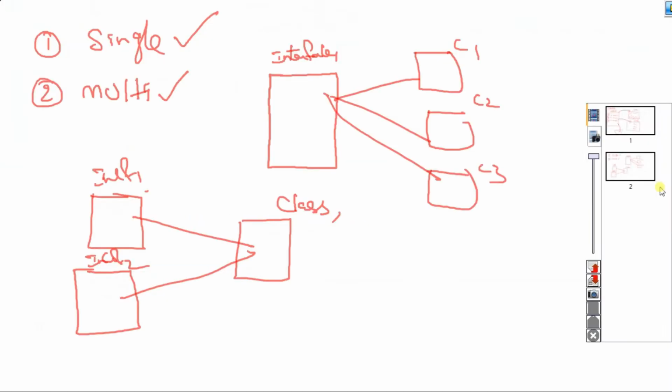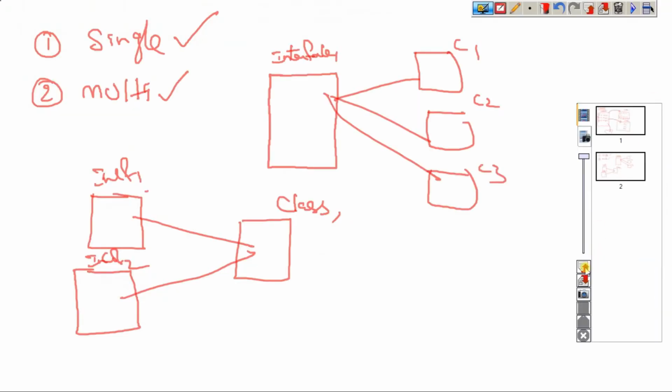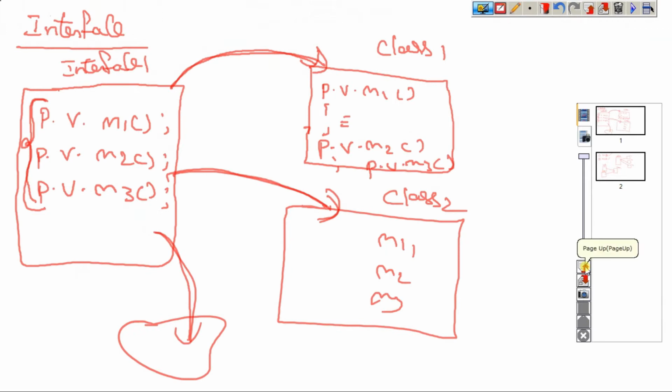Okay, once again I repeat. What is an interface? It is a set of rules defined by us. It has so many methods but no logic. All the methods we can implement into different classes forcefully. I think you are understanding the meaning of forcefully. If any one method is missing here, it will force it: please implement the unimplemented methods here. That's what we call force.